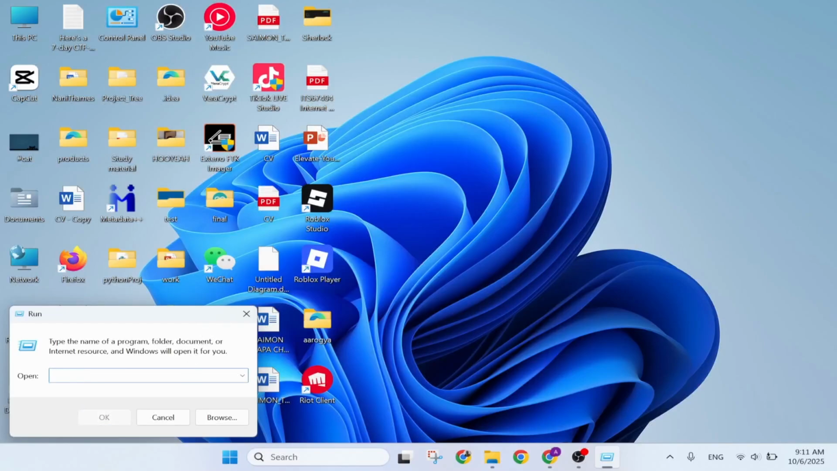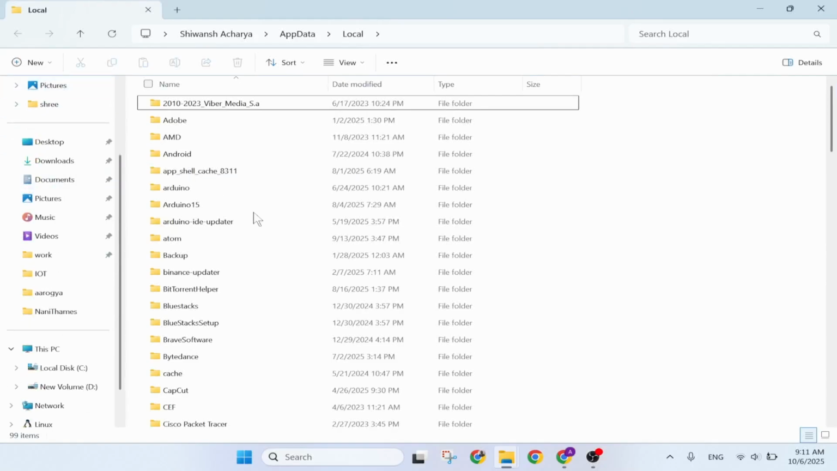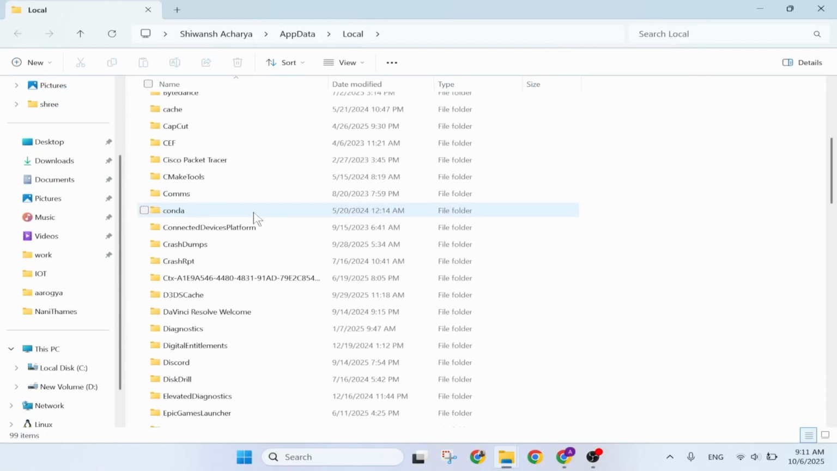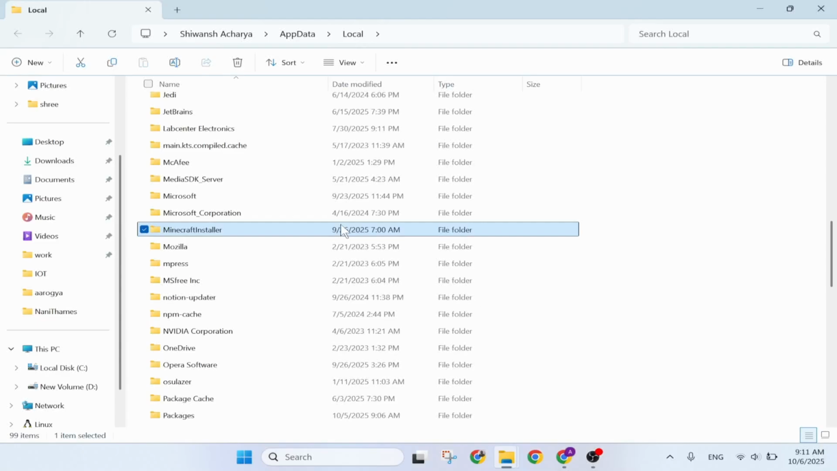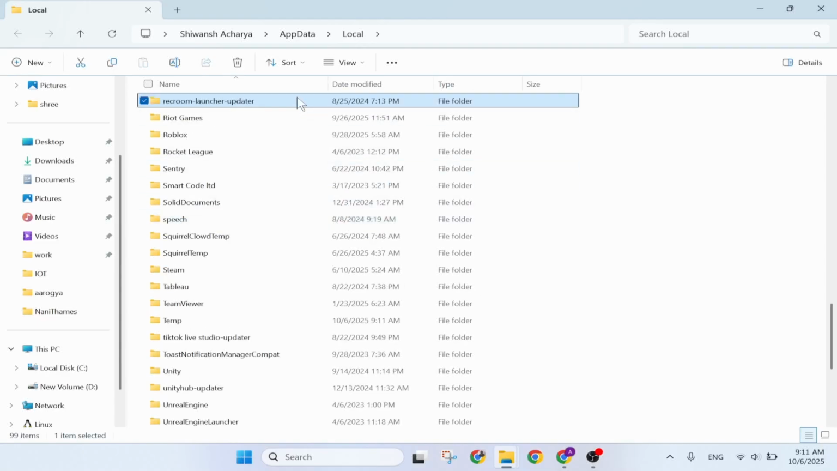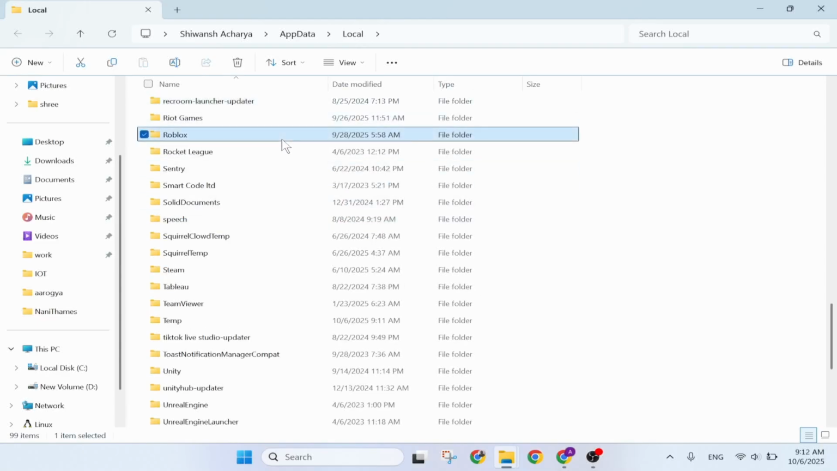After you're on Run, press percentage sign and type in local app data, then percentage sign again. Then hit enter and this should open up like this. Here you'll need to locate the Roblox folder, so you can simply press on any one folder and press R until you see Roblox. Then open up the Roblox folder,